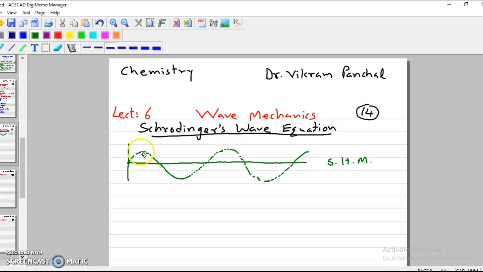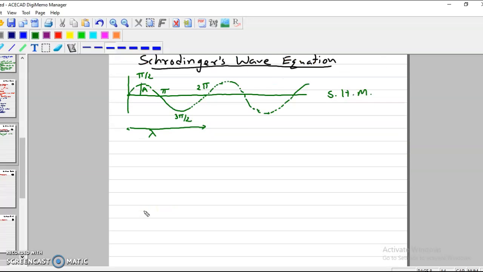This is amplitude A. This point has a radial value of pi by 2. Here this is pi, this radial value is 3 pi by 2, and here we have 2 pi. So the distance traveled by the particle up to 2 pi will be equal to the wavelength lambda, because it is one cycle of crest and trough. So for this type of motion of string particles, Hamilton proposed an equation, and that we have to derive